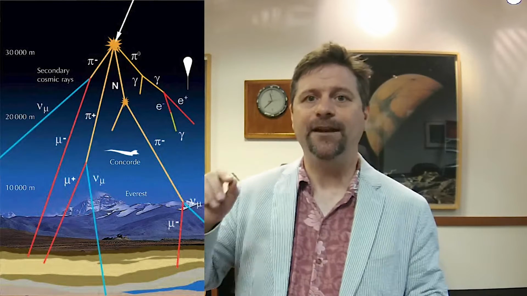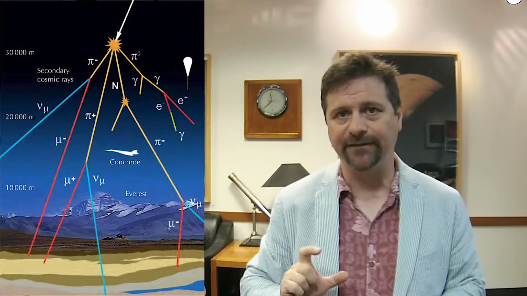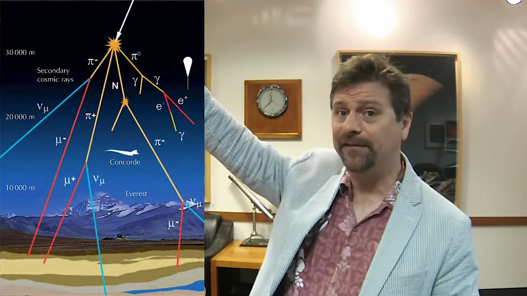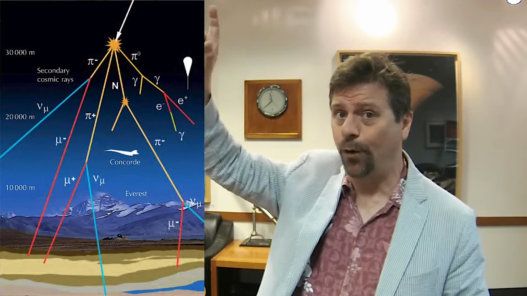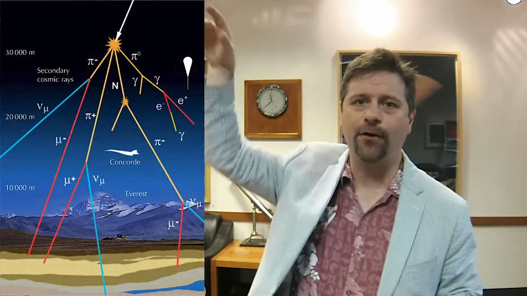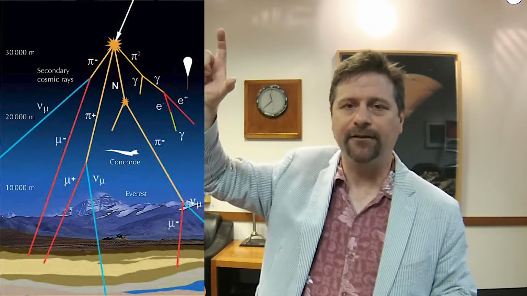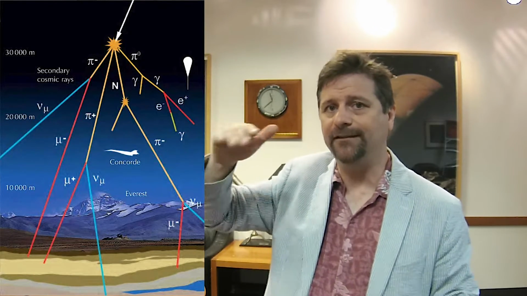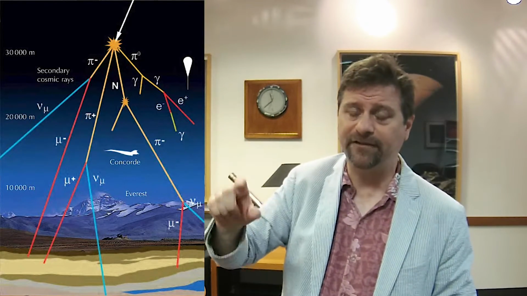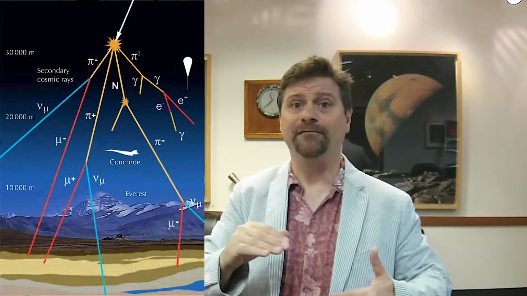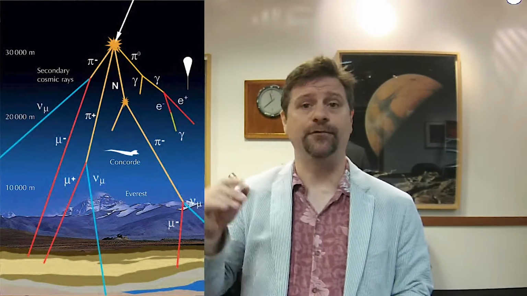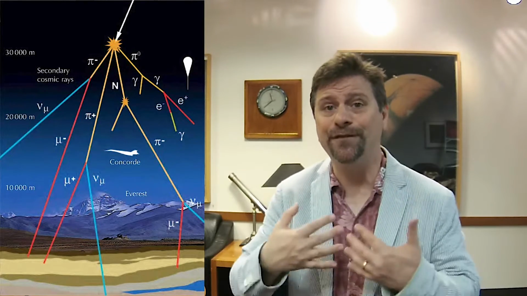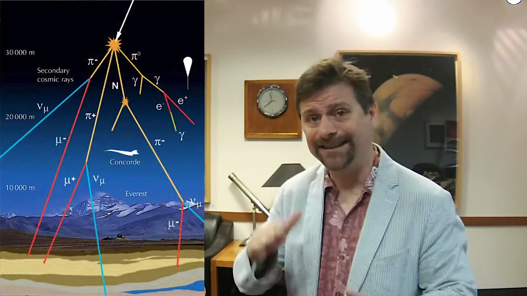So it would be reduced. There's 40 of those lengths between when it's first created and how far it would go. So half of them would go away after one length, right? You might make a whole bunch of them at the top. One length later, 400 or 500 meters later, you expect to have half of them remaining. 500 meters after that, you have half of those remaining. And 500 meters after that, half of those remaining. And you do that 40 times because remember, it's 20 kilometers. It's a half each time. So you have 2 to the 40th less at the bottom.